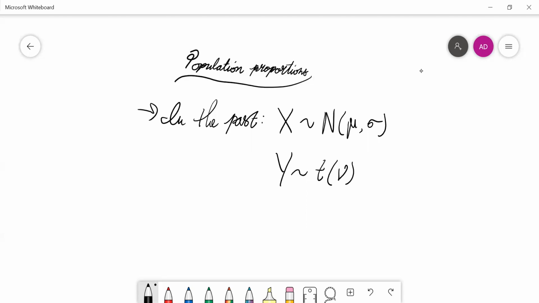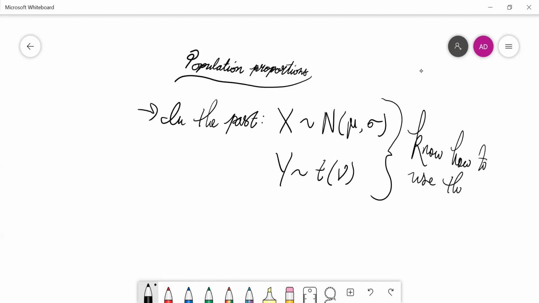And we figured out how to use these, okay? So we know how to use these. And these are specifically, and I've mentioned this before in my class, but we've talked about how